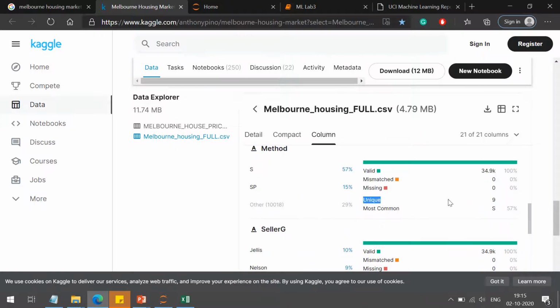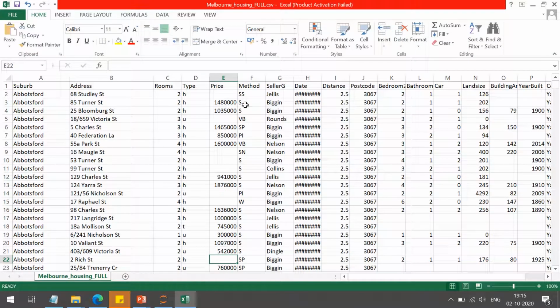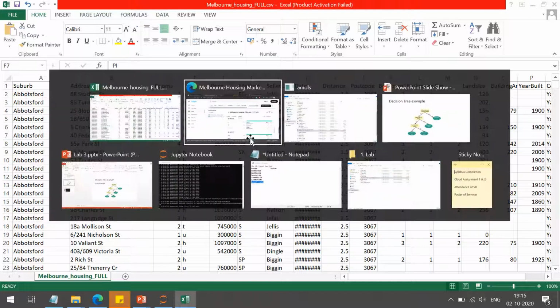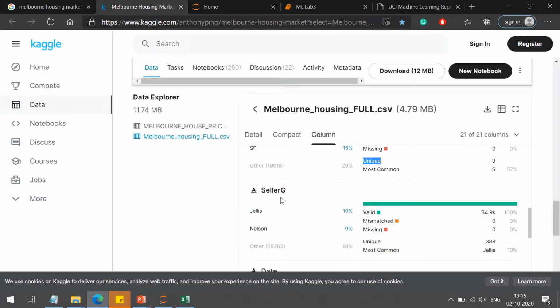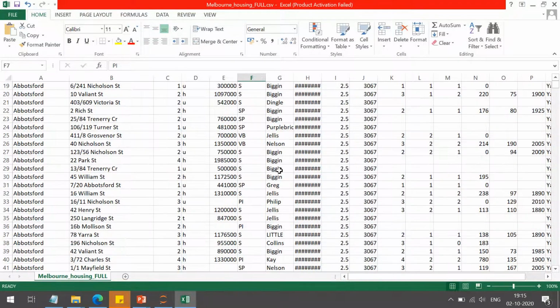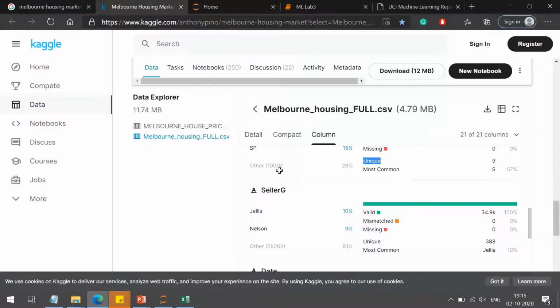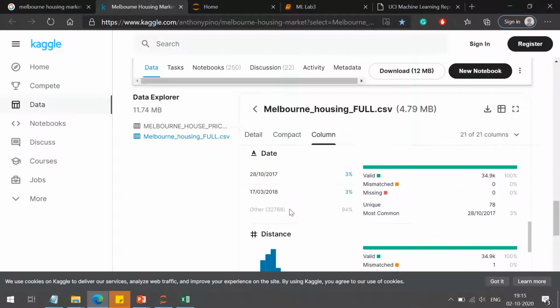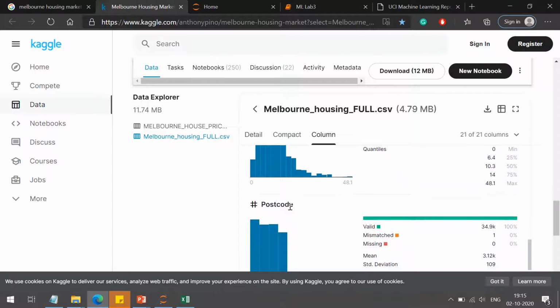Here we have a total of 9 unique values: S, SP, VB, PI and so on. Then we have seller, so here we have different seller names, I think. Then we have date, maybe the date of sale. Then distance.